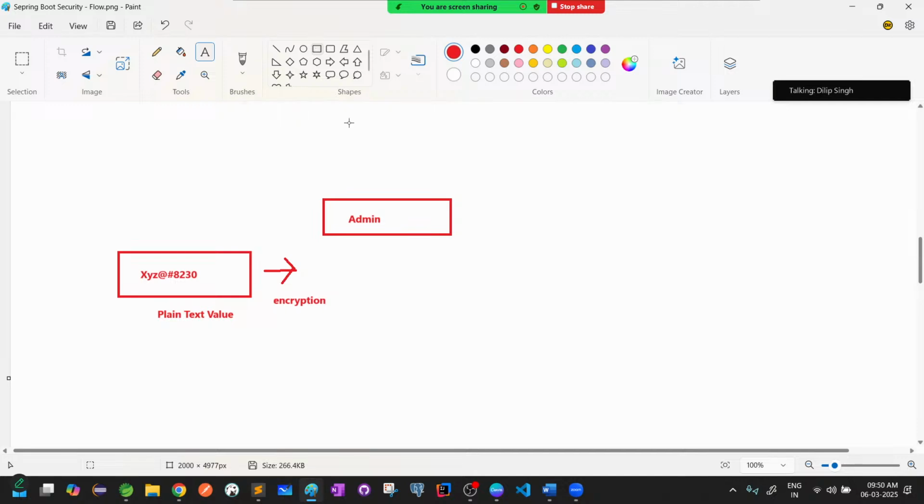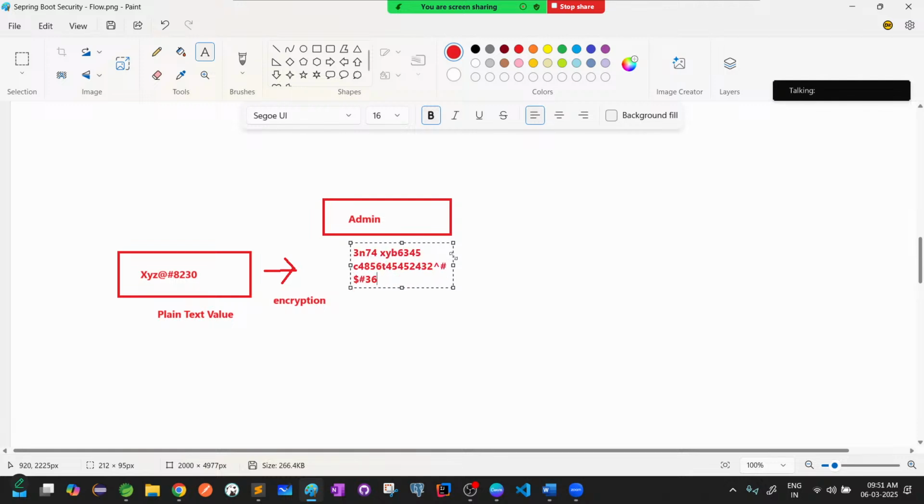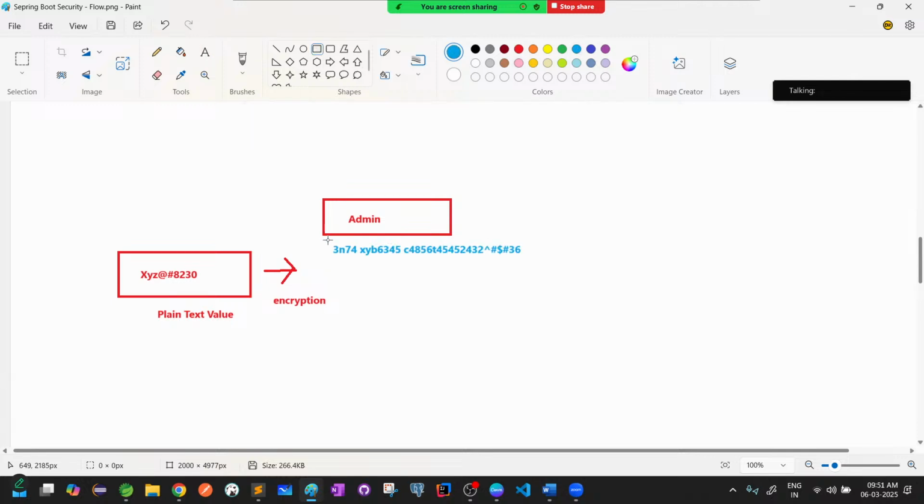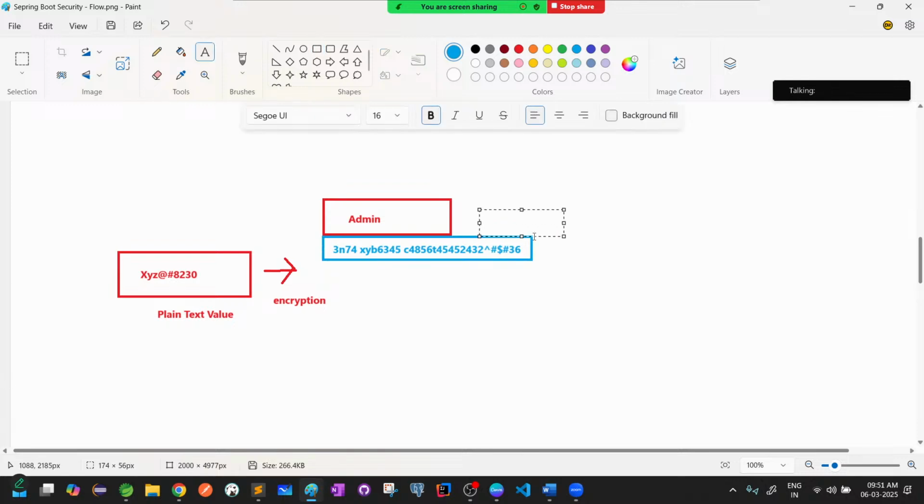Now what I'm doing here is, I'll maintain some security key, some token, some security key. That means, assume some security key means some secret key. So I maintain some secret key like this. Assume this is the secret key I'm maintaining here. What is this secret key? It's a secret key. Now, by using this secret key and by using some algorithm,